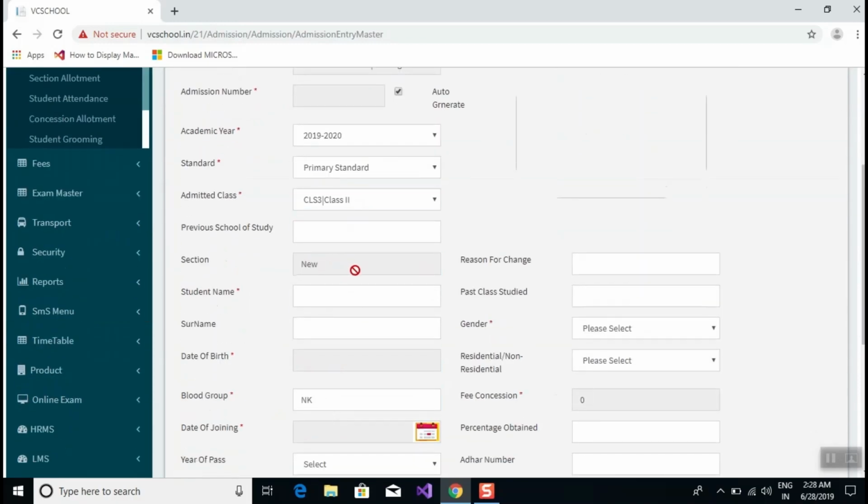By default, the section will be new. Means after the student admission is completed, only then will the section allotment occur for that particular student. Here student name, surname,